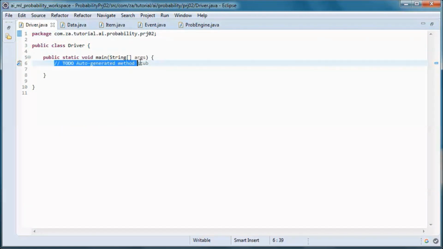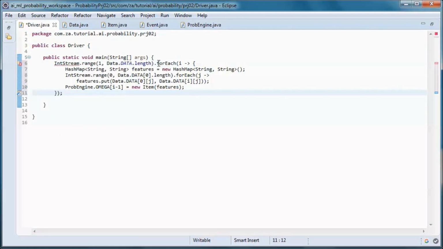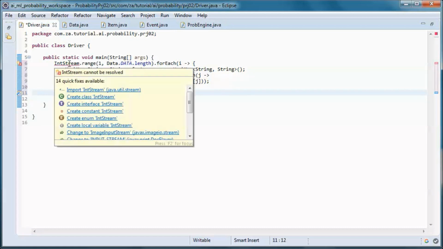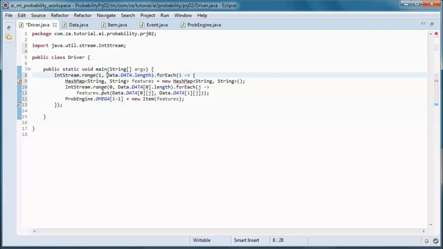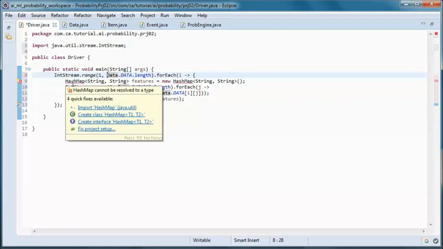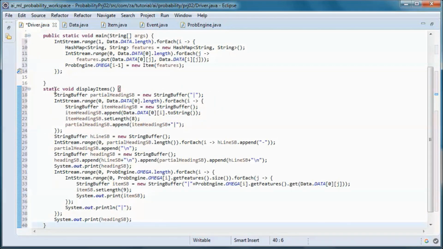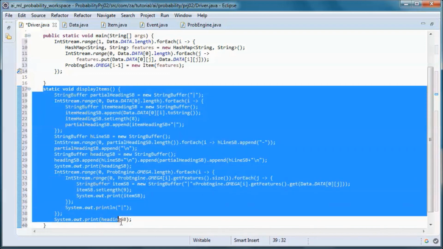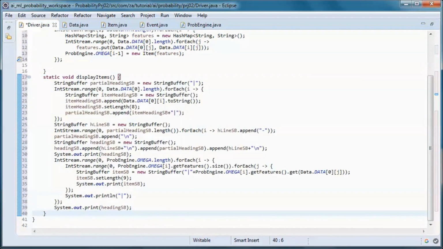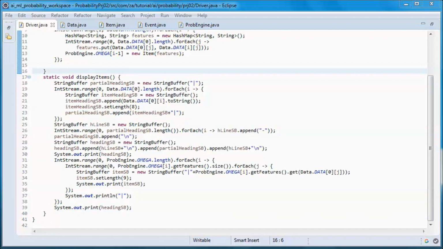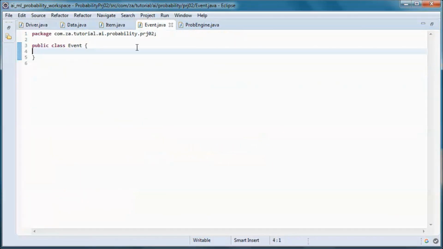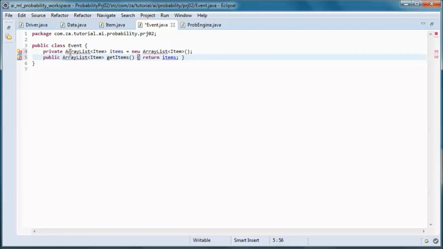And here we will populate the sample space, and this method displays the item in the sample space, and an event will contain a subset of the sample space.